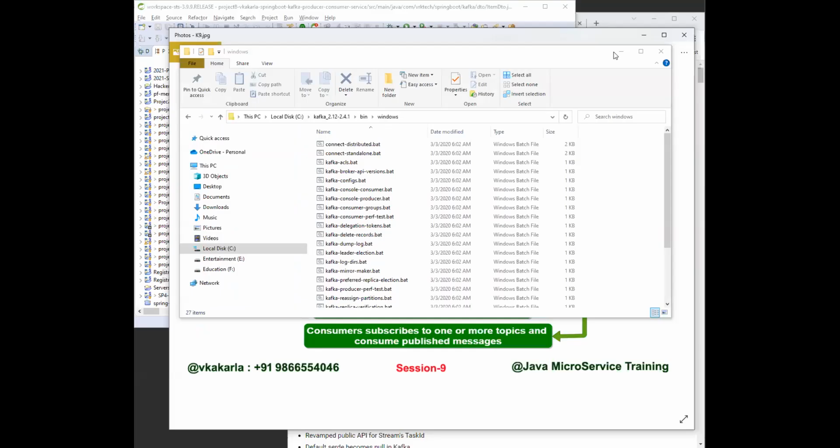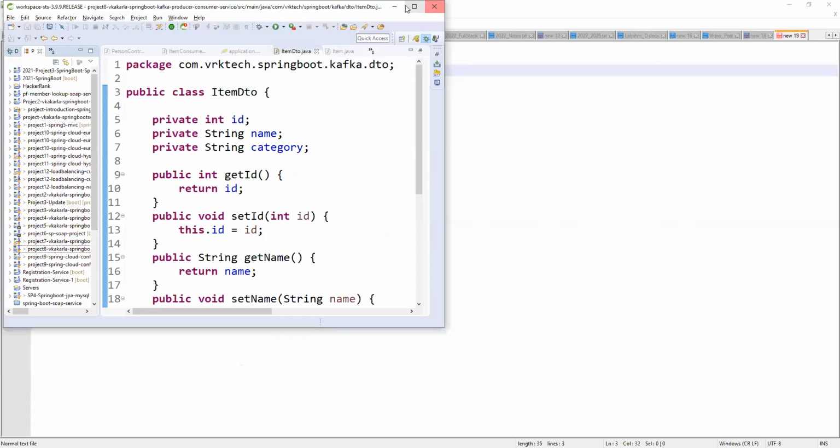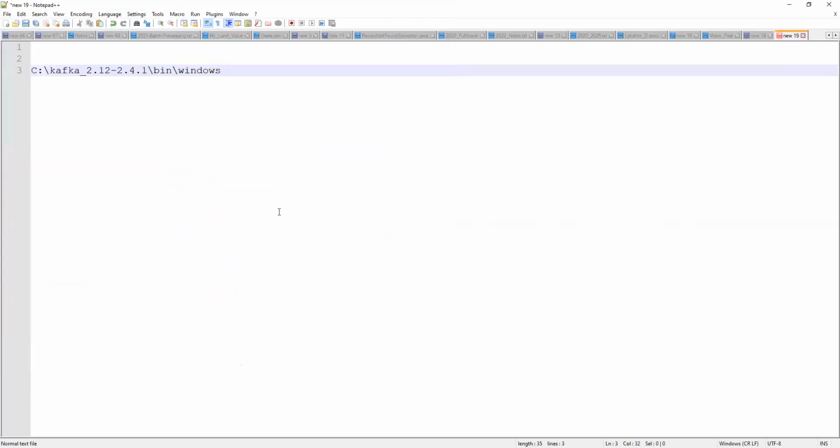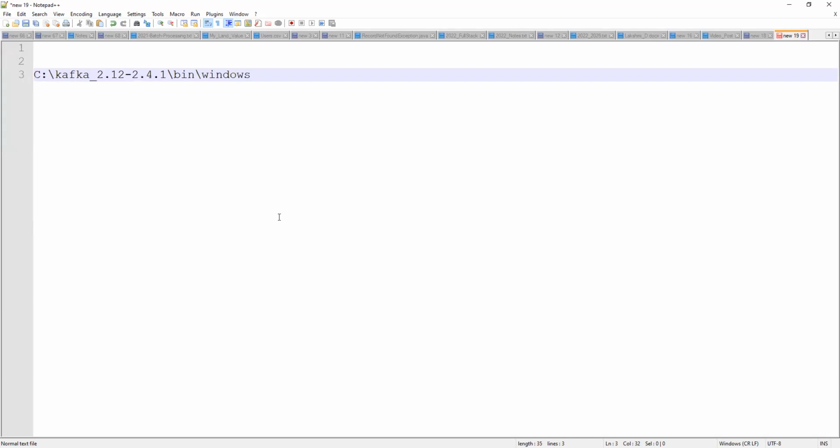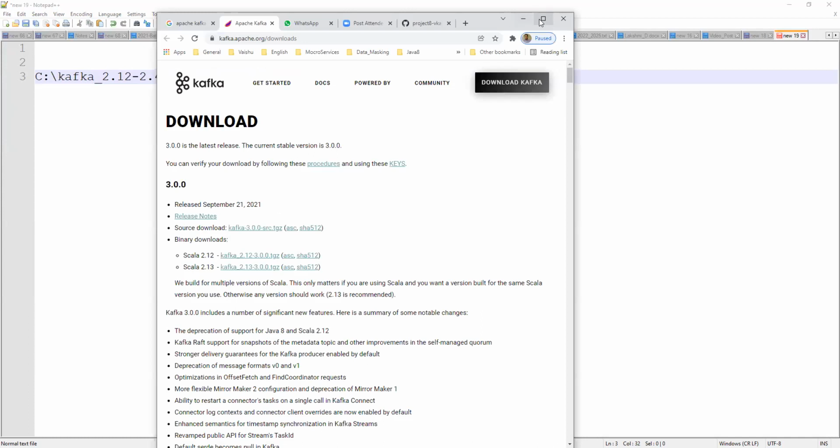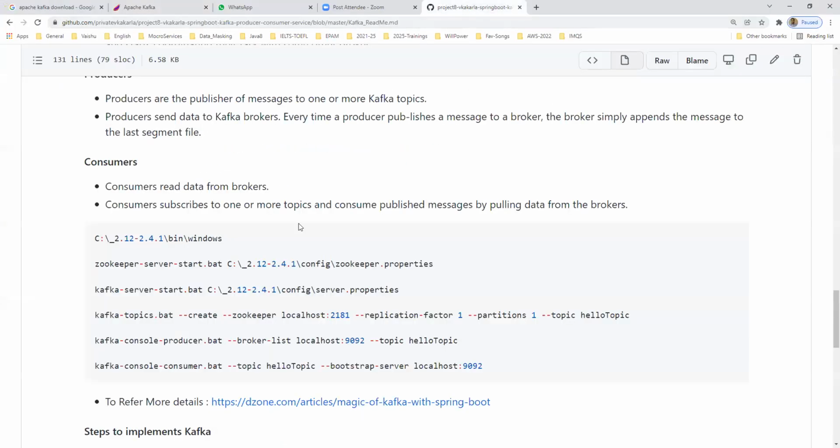You're able to see Notepad right now. So the path we copied is the C folder, Kafka version, bin and Windows. So these are the commands, the steps we need to follow.